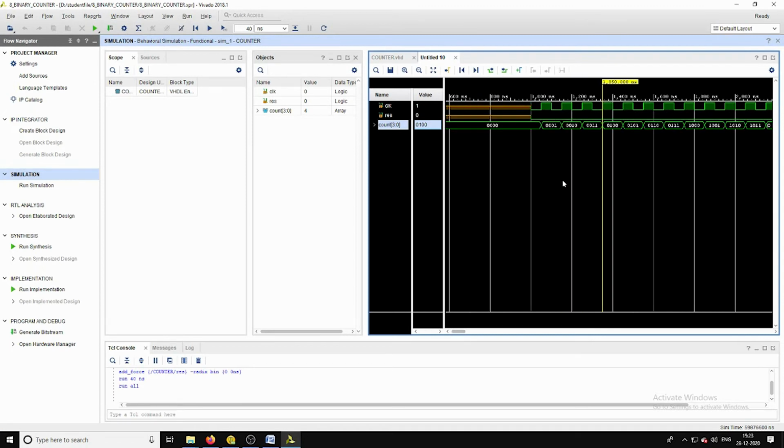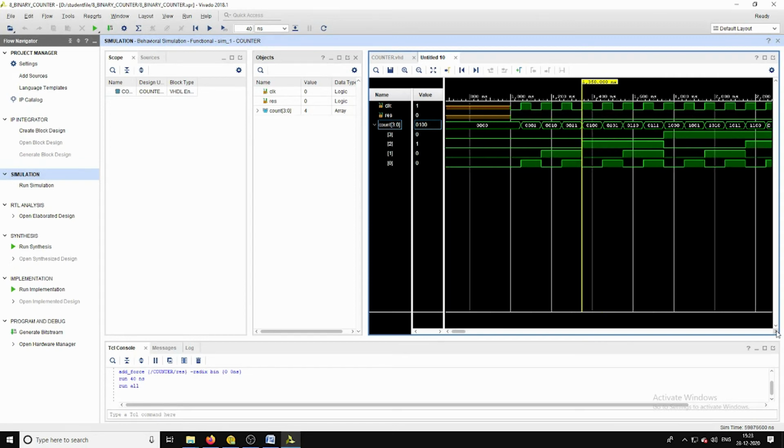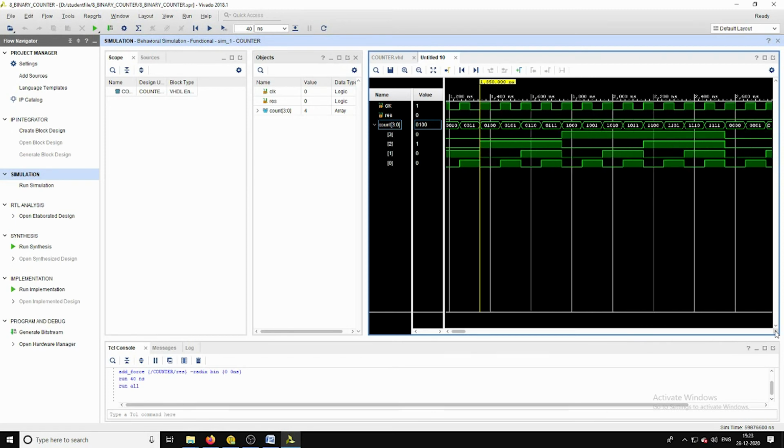Yes, if we observe the sequence, with respect to this clock, we are getting the count signals. Initially it is 4 zeros. With respect to this positive edge, it is going to increment to the next value, that is 0001. The next value is 0010, 0011. Like that, the sequence will continue until 4 ones. The next one is 4 zeros.